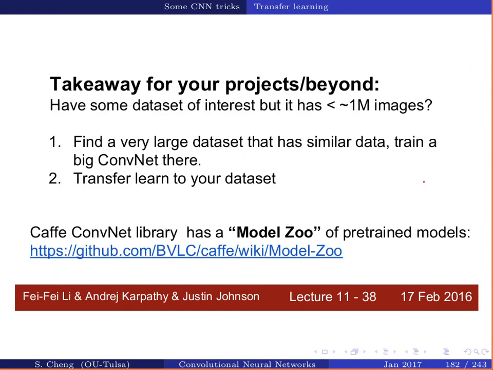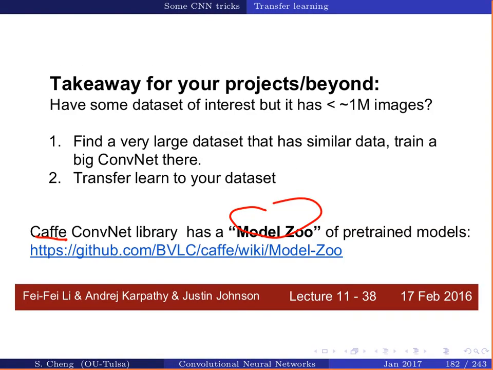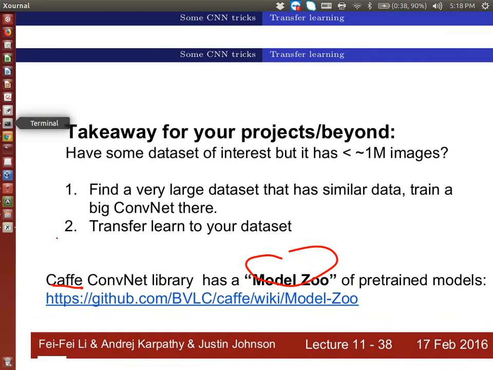Anyway, there's just some takeaway there. People say that deep learning does not work if you only have little data, but with transfer learning, as long as you have some pre-trained model, you can still use deep learning to achieve reasonably good results. Check out the model zoo from Caffe and also Caffe 2. They have all these models there. So I guess I'll probably stop here because I want